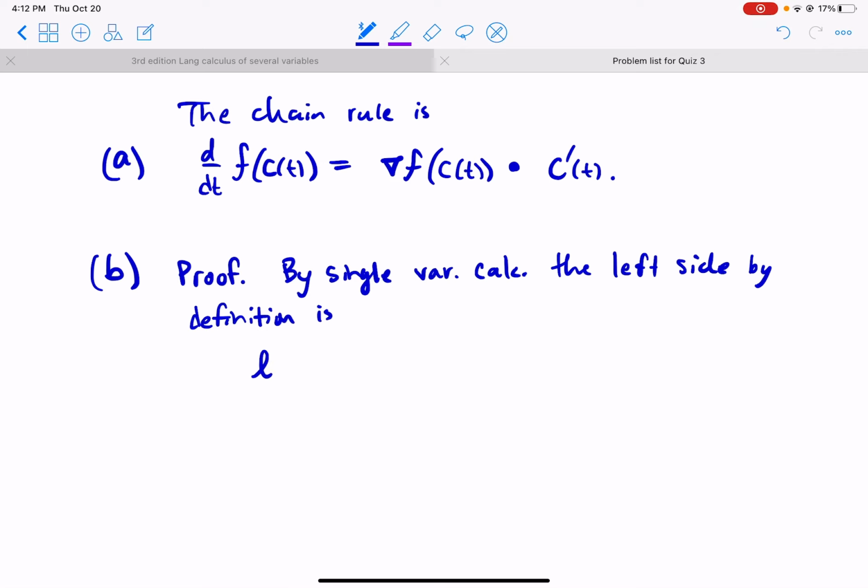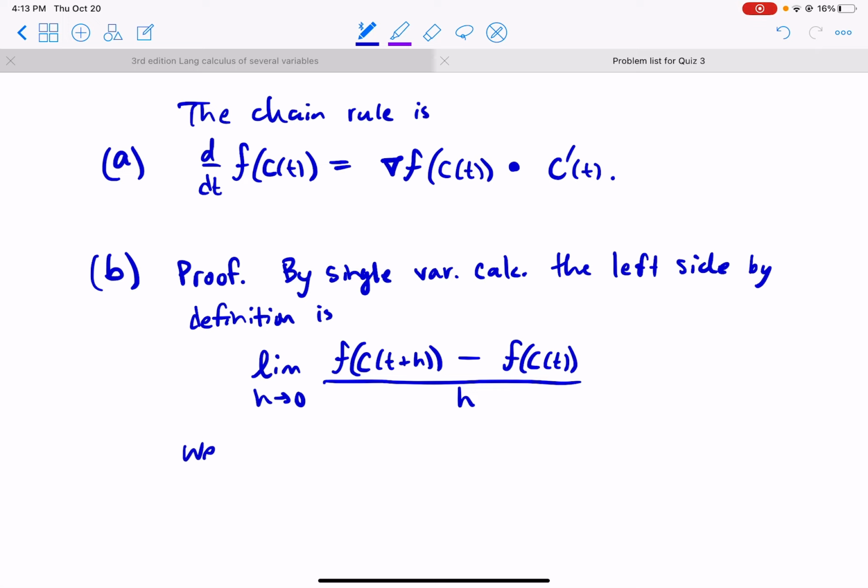is the limit as h goes to 0 of f of c of t plus h minus f of c of t divided by h. Okay. So what do we need to do? We need to show that the left-hand side is actually equal to this right-hand side. That's not obvious at all. That this limit,